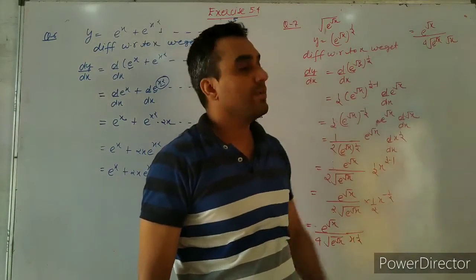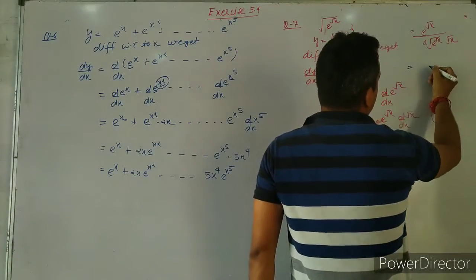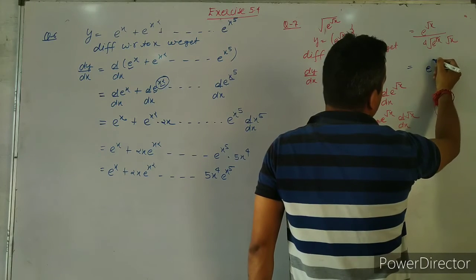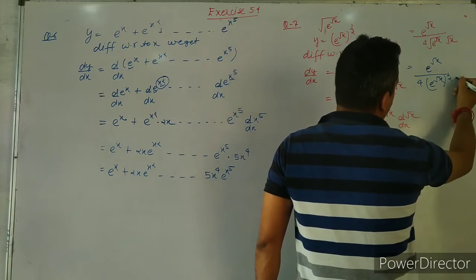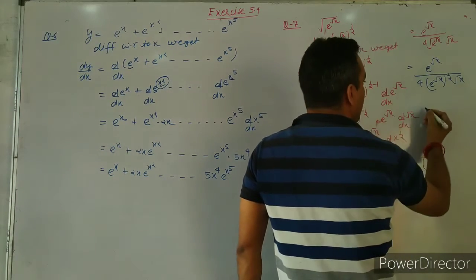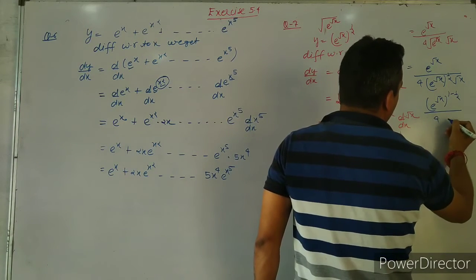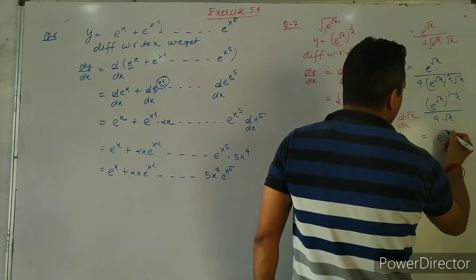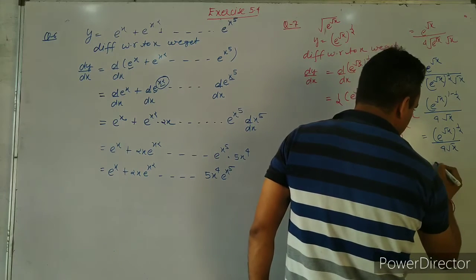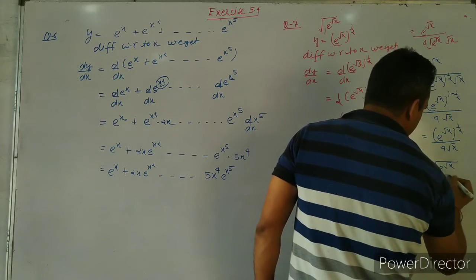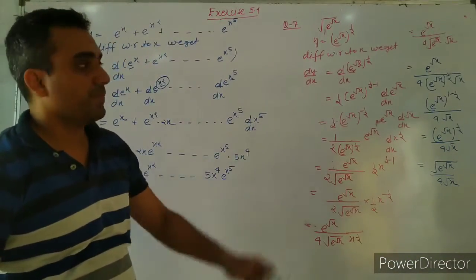Yeah, our solution is this. If you can further solve this, you can easily solve this like this. Here we are having a to the power under root x upon 4 a to the power under root x to the power 1 by 2, and under root x, this 1 by 2 will subtract the power 1 minus 1 by 2 and 4 under root x. This will give me a to the power under root x to the power 1 by 2 upon 4 under root x, and a to the power under root x upon 4 under root x. This is the solution of question number 7.